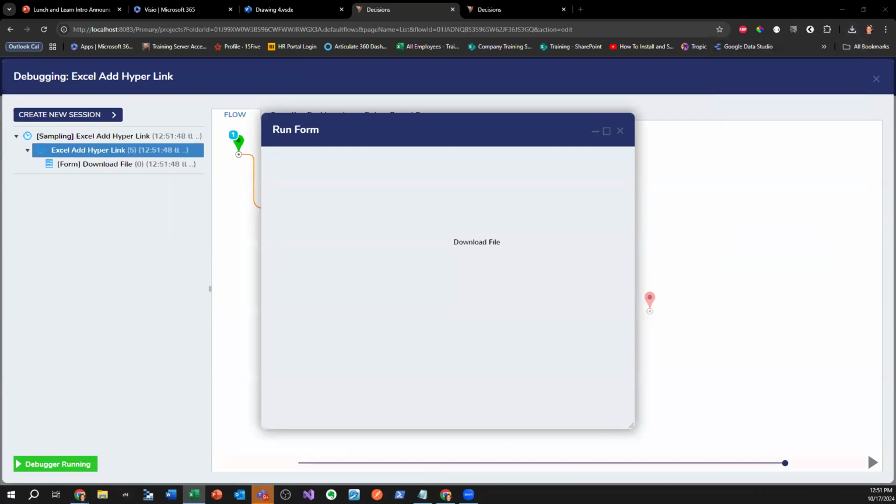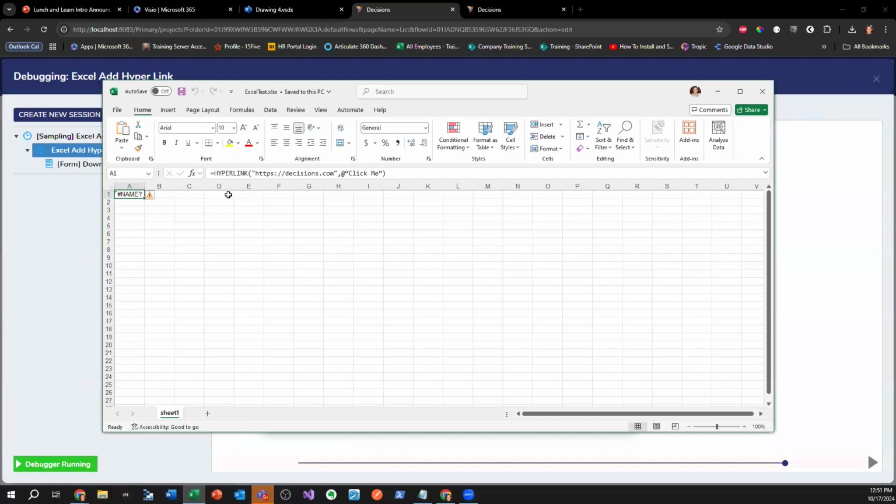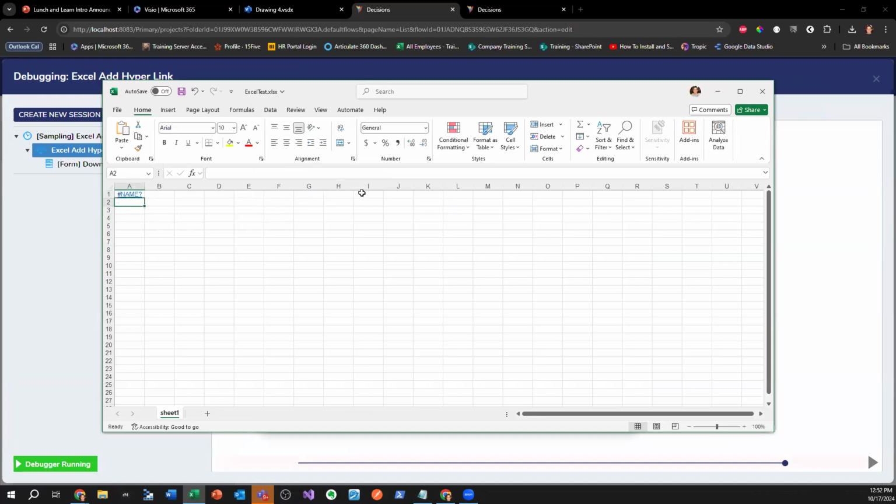Hey. We messed up the formula. So it adds an at. Maybe we need the brackets still. I don't know. Link location. I don't think the brackets are needed because if I remove this,